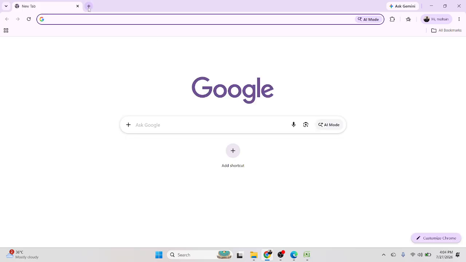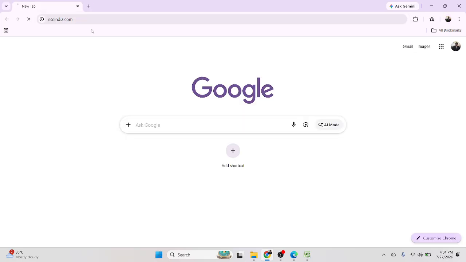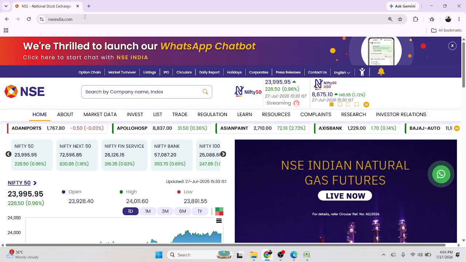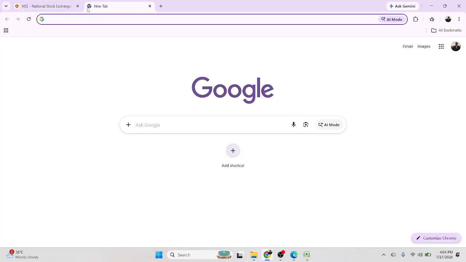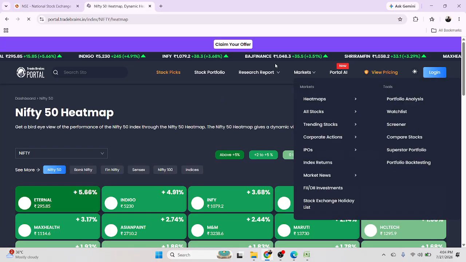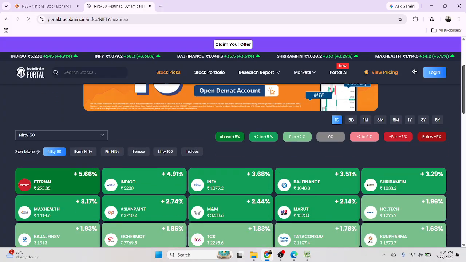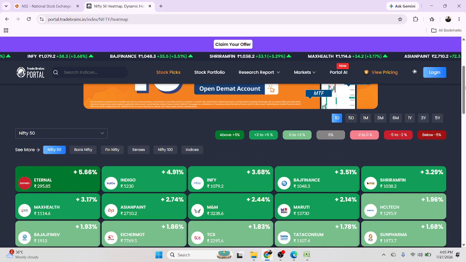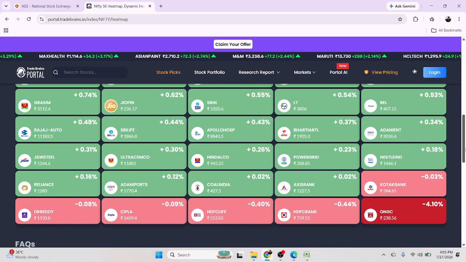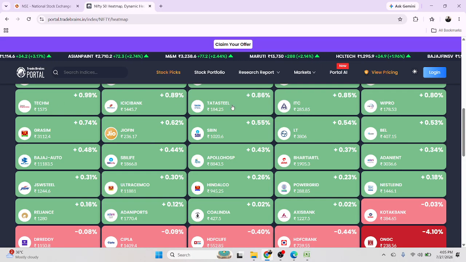So I'm coming to NSE, and I'm looking for a stock which is not much volatile. So Nifty heat map, I'm going to choose this heat map. We can make this strategy on a positional basis, because on the stock we have the monthly expiry. But if you want to try it on intraday as well, we have to choose the stock which has the least movement, like any of the stock which has not increased more than